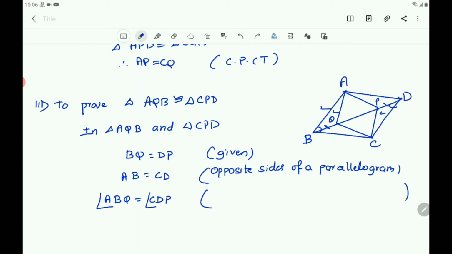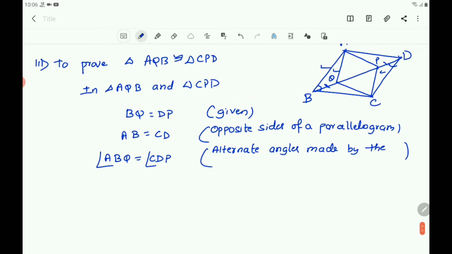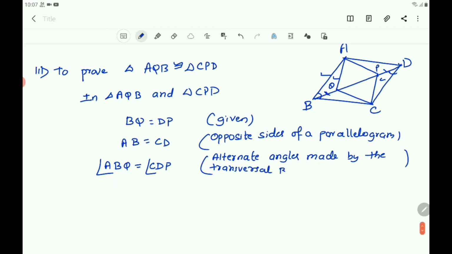So you write the reason: alternate angles made by the transversal BD of AB parallel to DC. Now according to the SAS congruence rule, you can write that triangle AQB is congruent to